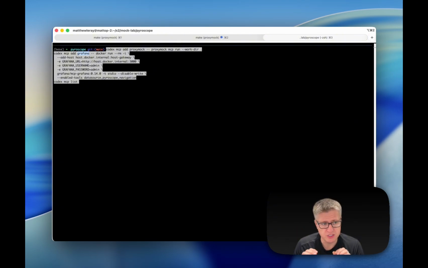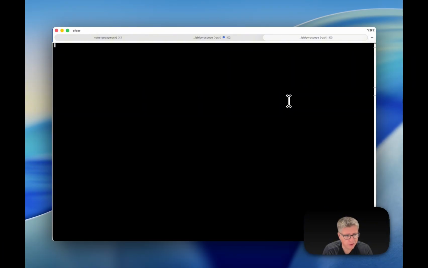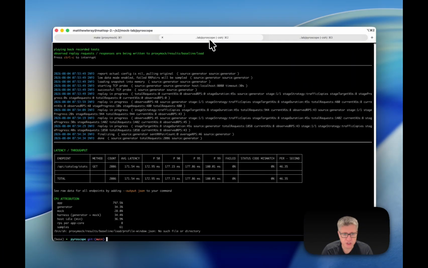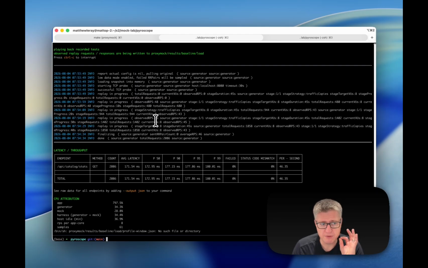Now, in a real production system, these things would be running all the time, and all you need to do is just transfer the timestamps, and my prompt does that, basically out of the box. So I've already installed my Codex, so I don't require this step, but I wanted to go ahead and show you that. Now, Proxymock has completed both its functional and performance runs, so now we have a baseline